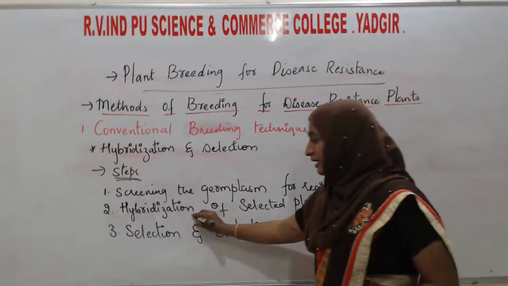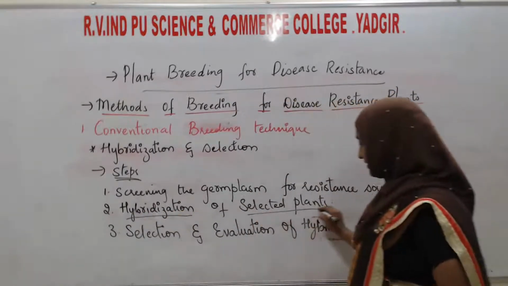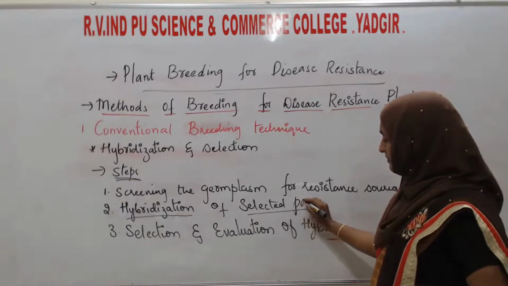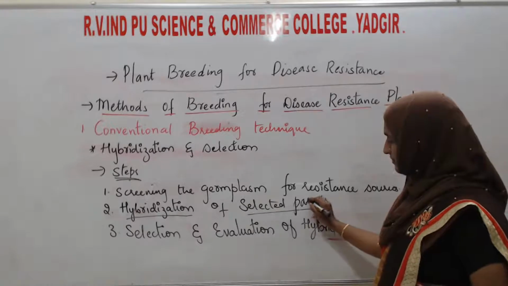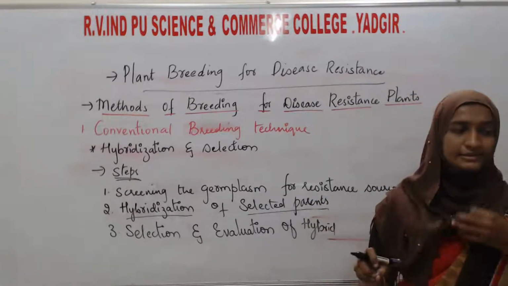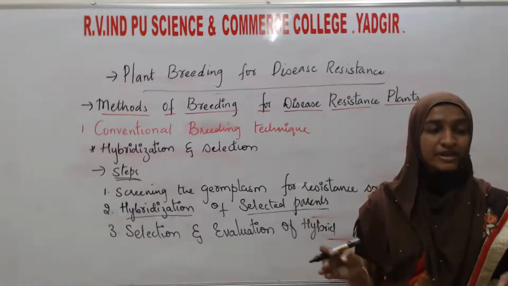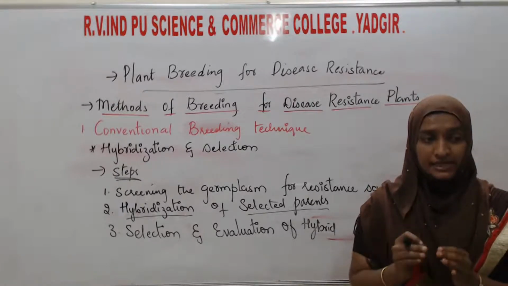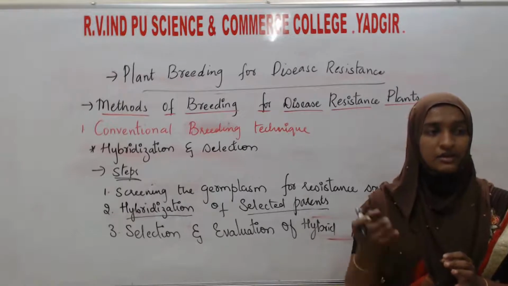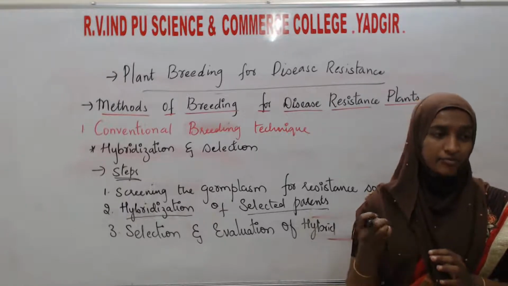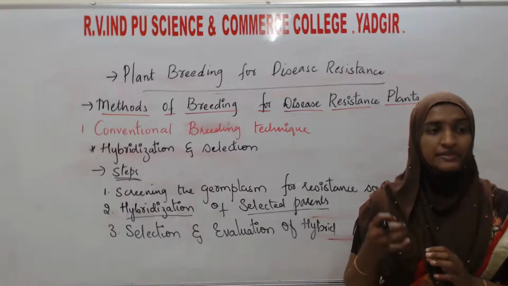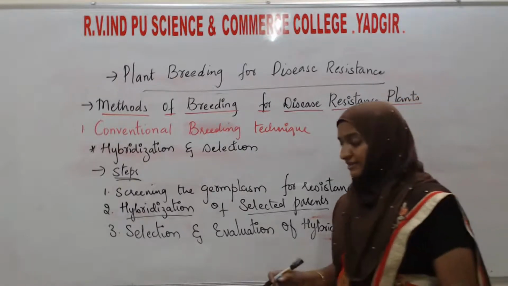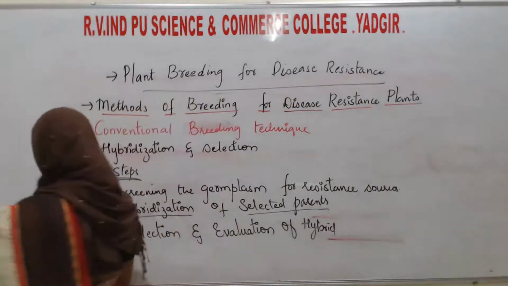That is the hybridization of selected parents or selected plants. By selecting such seeds or plants, they make them undergo sexual hybridization. Then after hybridization, whatever progeny or hybrid they get is selected for further crossing purposes. Then lastly, the last step, testing and release of